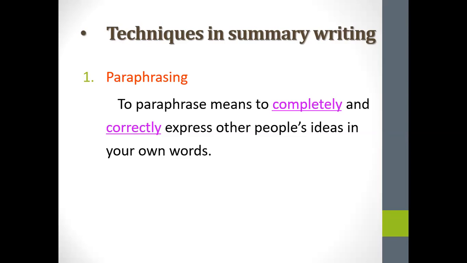Completely, here I just underlined this one and made it in a different color because it's very important. Completely: you can never miss any main point in the text. You must include all the main points. Correctly: you must do this in a correct way. So maybe you choose one of the figures of speech to deliver another meaning, because we have some figures of speech that can give two meanings, like irony and so on. So you can put it in a simple way to deliver the correct meaning that the writer means.